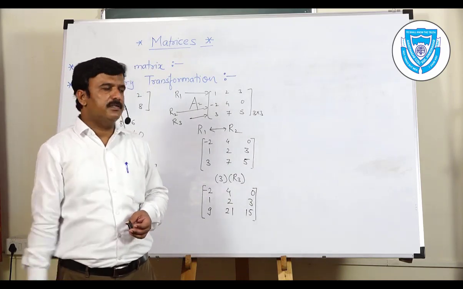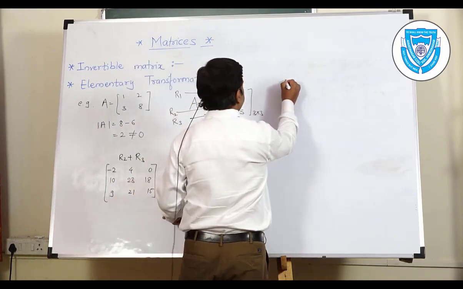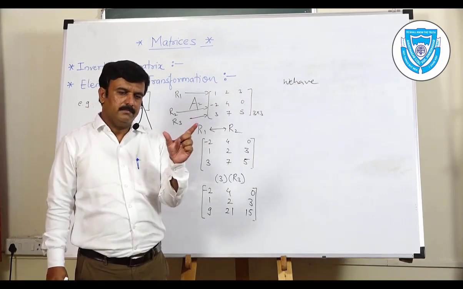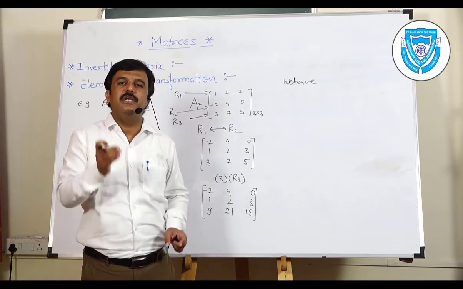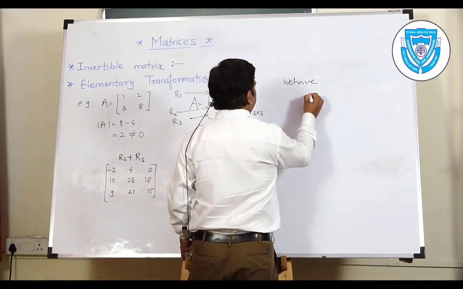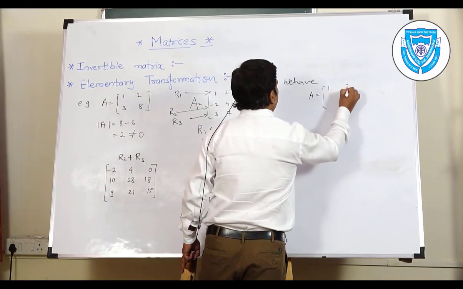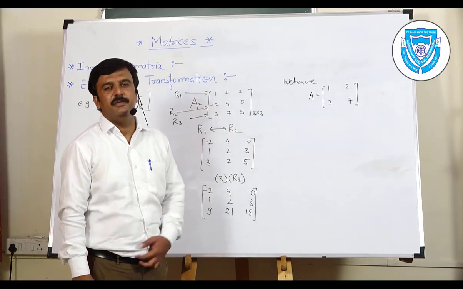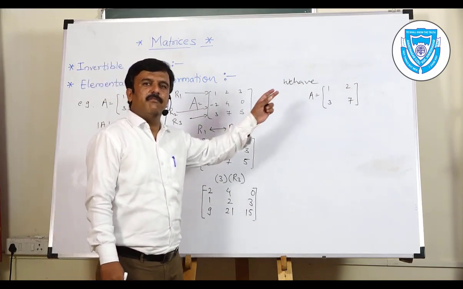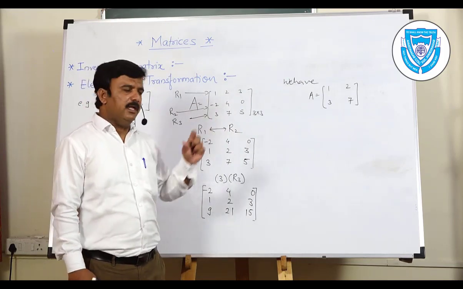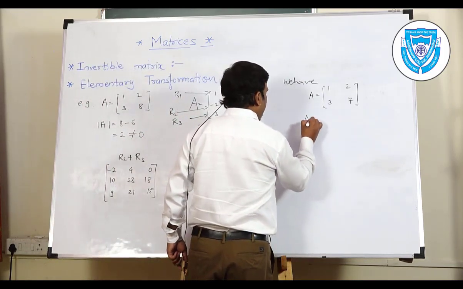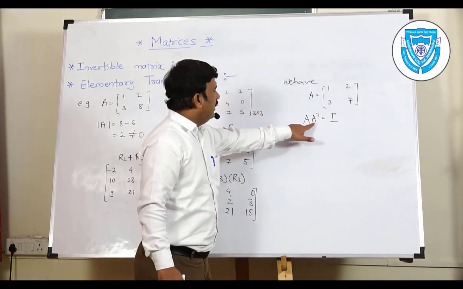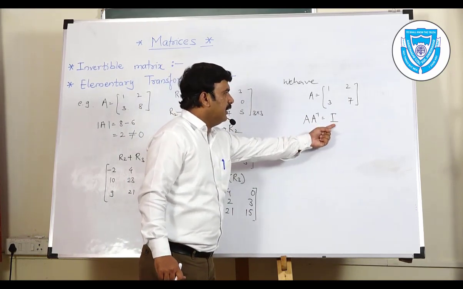Let us see the same using a simple example. Suppose we know one relation, that is, a matrix and its inverse; the multiplication of the two gives us the identity matrix. Suppose A is equal to 1, 2, 3 and 7. We have this invertible matrix capital A and we are asked to find its inverse. The method to find the inverse of such a matrix is very simple. To find the inverse, we are going to use this relation, that is A into A inverse is equal to I. That means that the product of a matrix and its inverse is nothing but capital I.